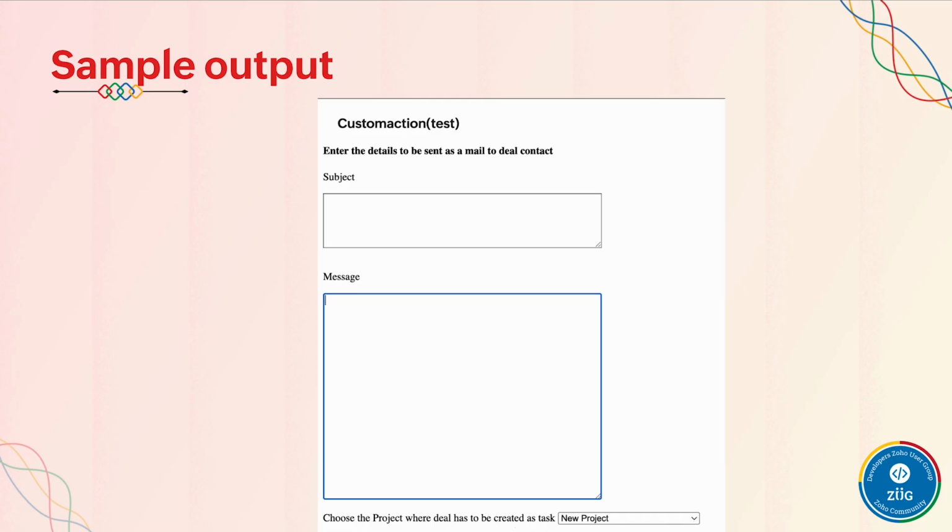So we're going to showcase a drop down to the end user where all the Zoho Projects available in their projects account will be displayed to them. So they get the option of choosing the project in which a deal with a revenue of, say, less than $1,000 or greater than $1,000 has to be created as a task. So this is going to be a common UI to gather the details. And the script will be handling the functionality of sending out the email based on the content provided over here and creating the deal as a task in the project that they have chosen.